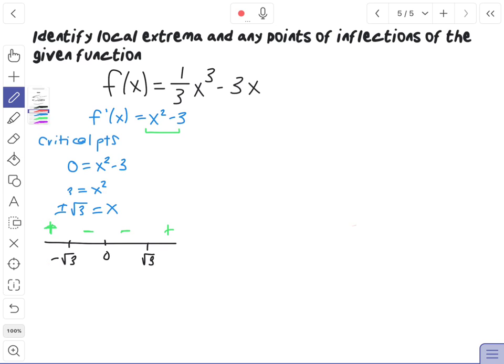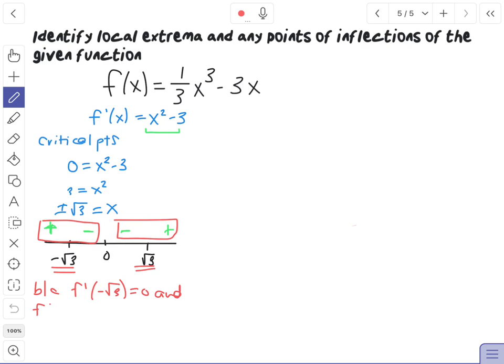So we have two really great things here. We can see there's a sign change in our first derivative at this point, and there's a sign change in our first derivative at this point. So we could conclude, because our first derivative is equal to 0 at these points, all right, we'll do this one first. So because it's equal to 0 at negative root 3, and the first derivative